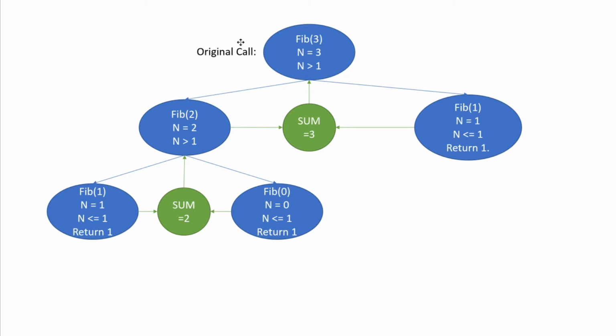So, yes, the original call here was Fibonacci, fib of 3, n was equal to 3, so then we called fib of n minus 1 over here. And over here, fib of n minus 2. And because this was the base case, triggered base case n less than or equal to 1, it goes there. And then because this did not trigger the base case,